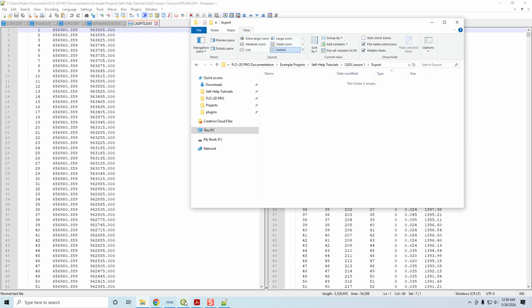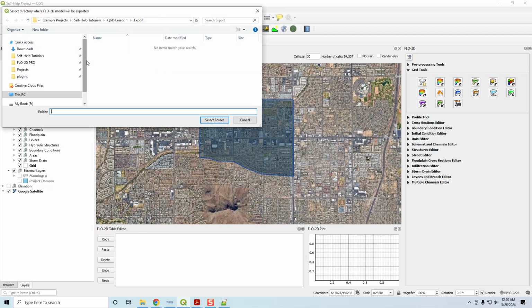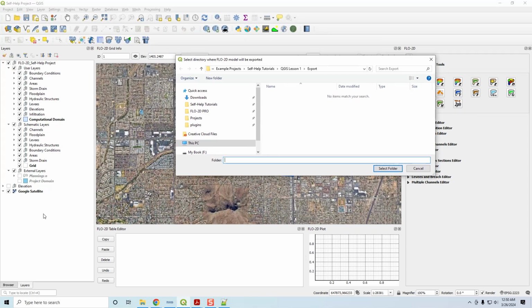I just want to say one more thing about this, that you do not run your model from QGIS, okay? You do not run any of this data or access any of this data when you run or execute the simulation. The simulation only reads ASCII data. The FLOPRO engine only reads ASCII data. So it does not have anything to do with QGIS. So when you export your project, you are exporting data that was developed by QGIS,